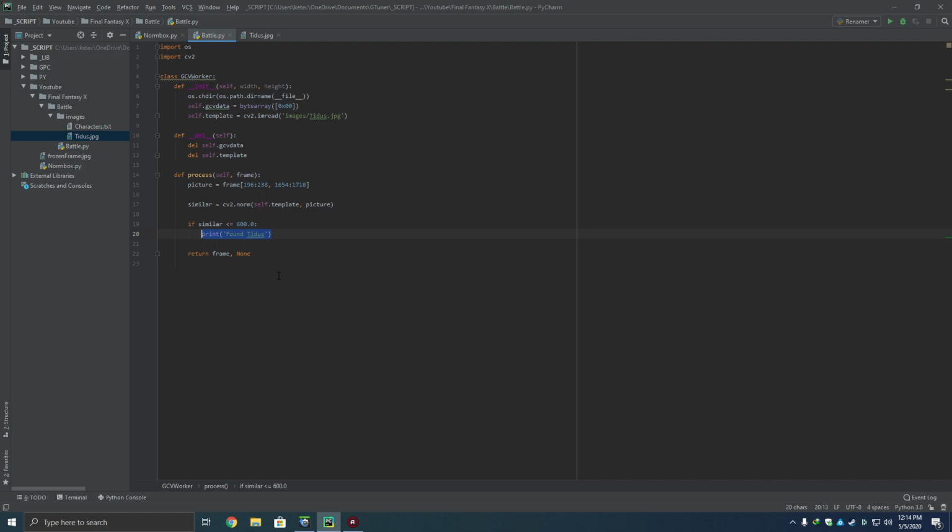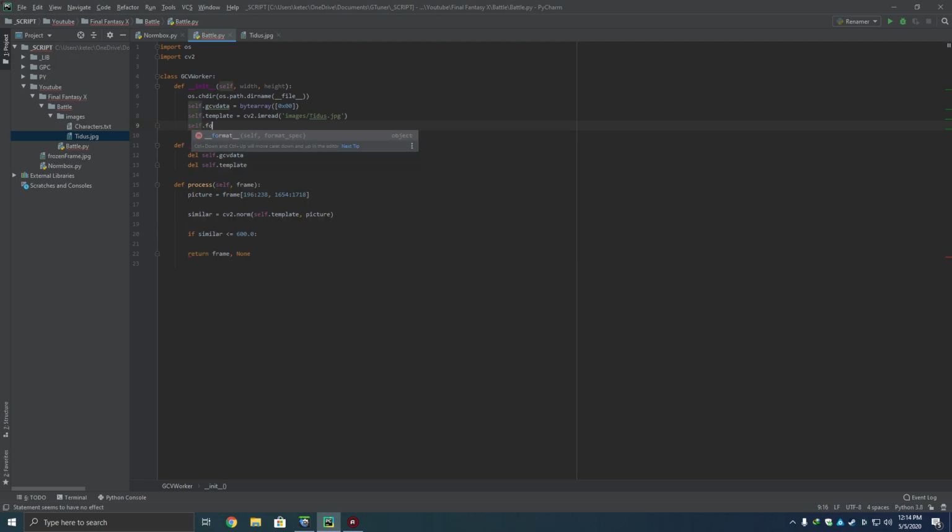So for this, I do a small trick: I create a new variable, call it self.found, or you can call it anything you like. It doesn't matter what name you give, as long as it's a boolean, you're fine. So in here, we're gonna say if it's less than 600 and self.found, we're gonna call this boolean here. The boolean means if it's true or false. True means, for example, yes, I found it, and false means no, it's not there. So if it's true,